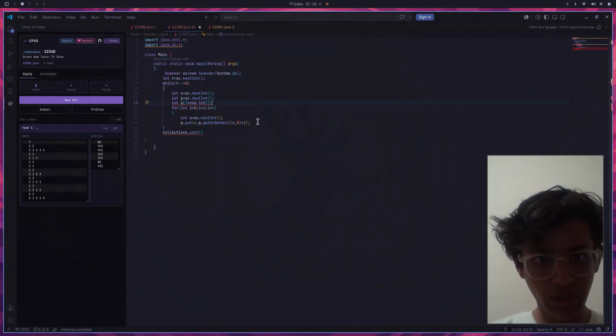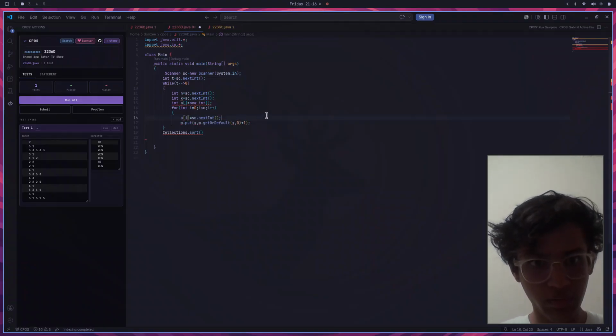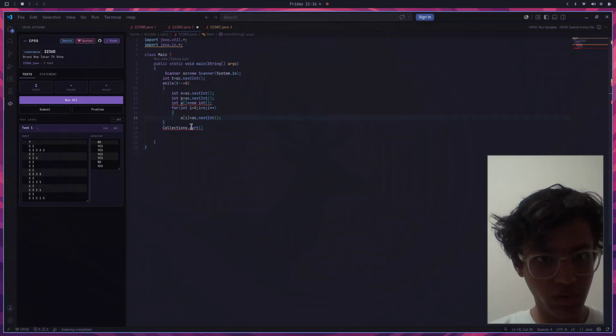A new array and directly a of i equals s dot next int, and then we'll sort